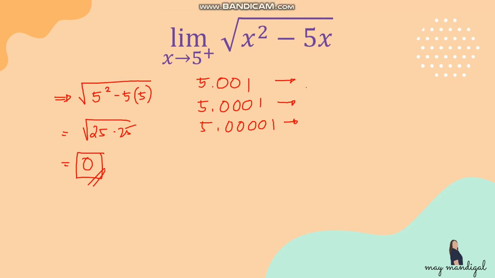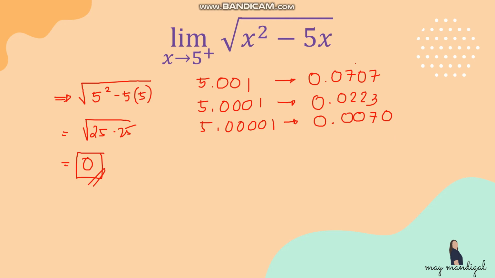So if we substitute 5.001 to our function, the value of the function will become 0.0707. Okay, if we substitute 5.0001, our function will become 0.0223. And lastly, if we do it with 5.00001, our function will become